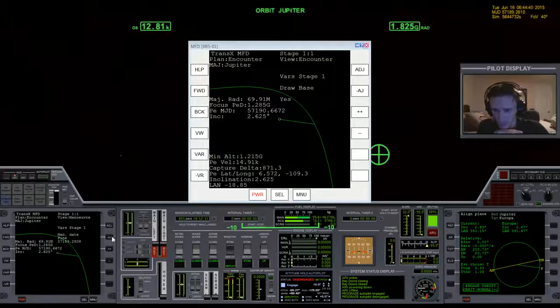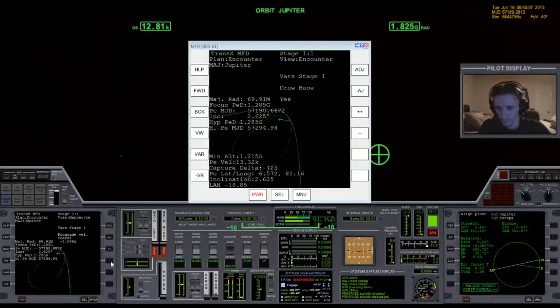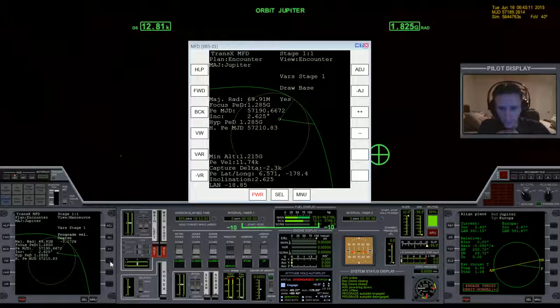So let's bump the date forward to that time, 57190.6672. About right there. And of course, deceleration burns are negative prograde. Okay, now looking at the hypothetical PED,